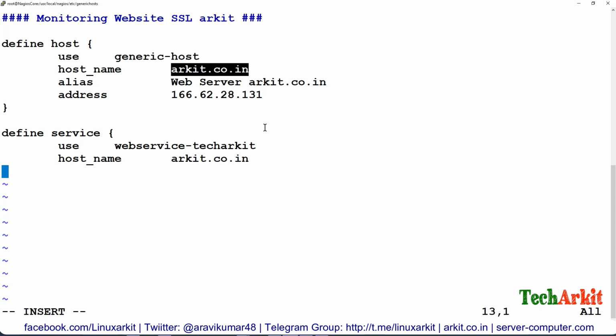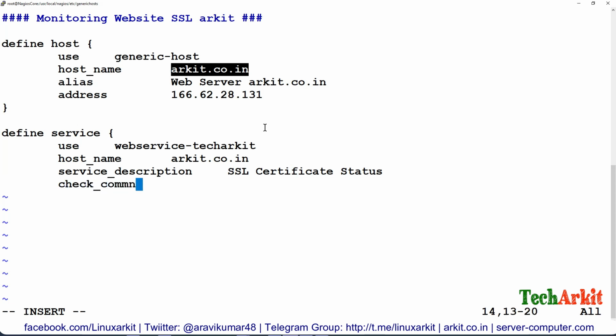You have to provide the host name here, and service description, which says SSL certificate status, and check_command. Which command would I like to use? check_ssl_cert, and we have to provide the parameters.